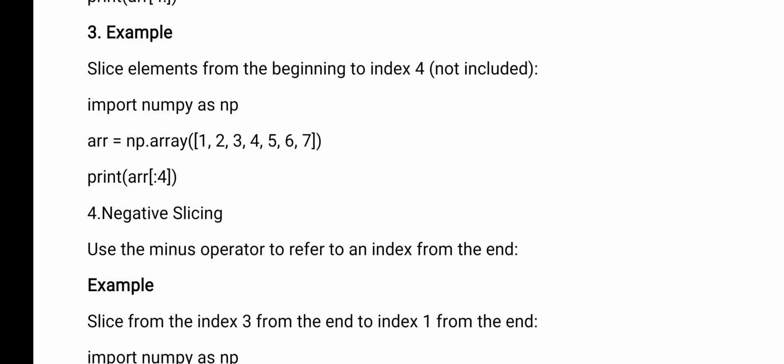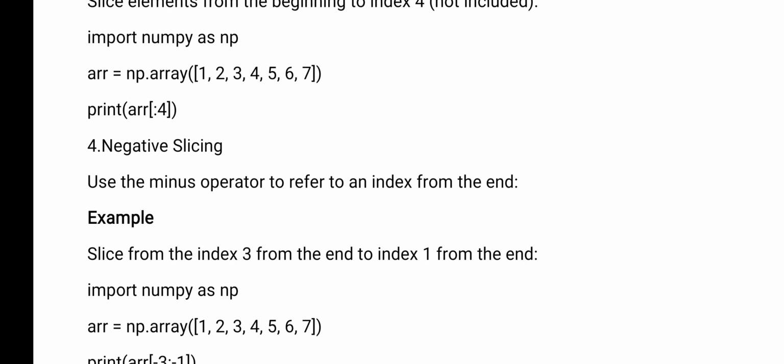Just now we retrieved elements from left to right. If you want to retrieve elements from right to left, the reverse order, then we will use negative slicing. Okay. Here in negative slicing, use the minus operator to refer to the index from the end.